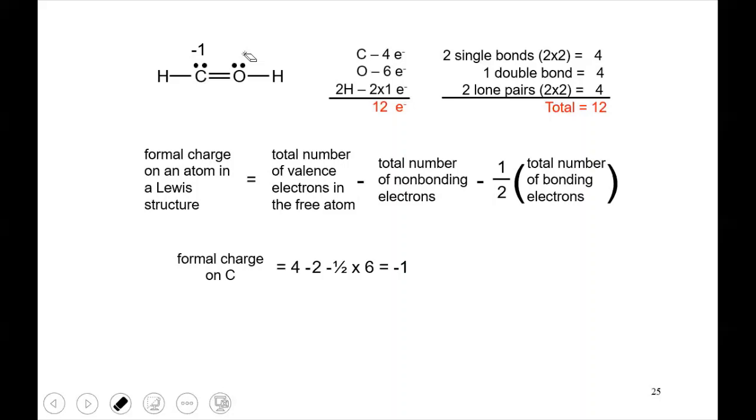Okay, let's try the oxygen now. The valence of oxygen is 6, right? Now, in this structure, oxygen has 2 electrons that are not part of bonds. So I'm going to take 6 minus 2. And oxygen also has a double and a